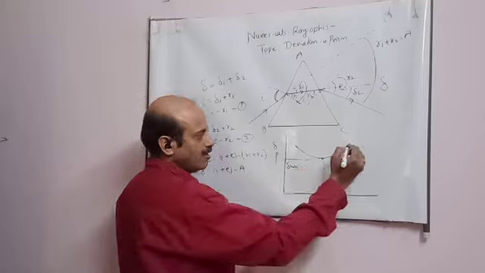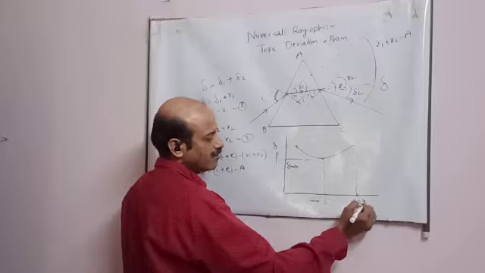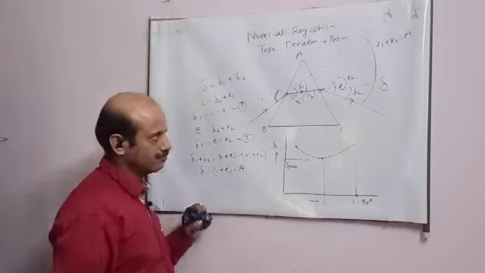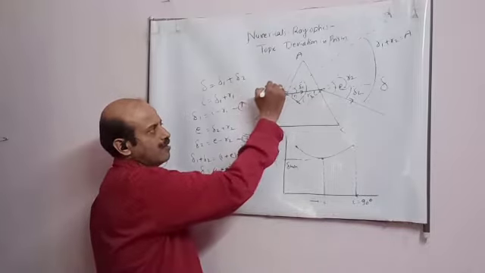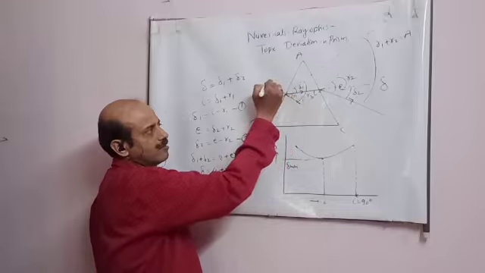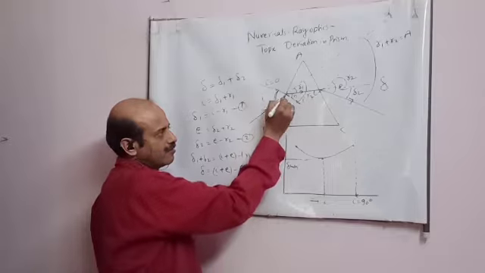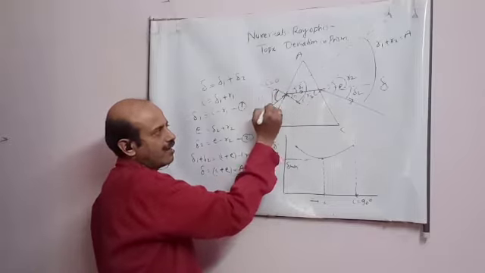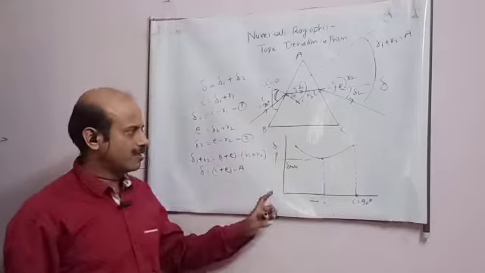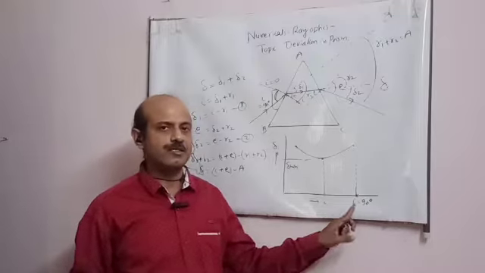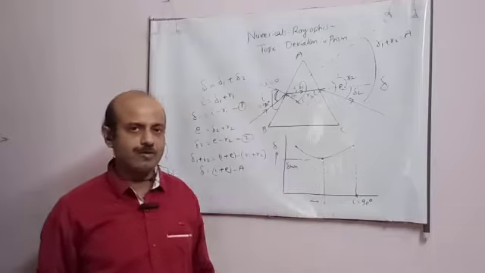Now, student, one more thing: this is the maximum deviation and this angle was 90 degrees. How is it 90? If you see from the figure, this is the normal. If the ray enters here, I is 0, and the maximum is this ray. If the ray enters like this, I is 90, student. So that is why the maximum angle of incidence is 90 in this graph. And at I equal to 90, the deviation was maximum. This point you have to note, student.